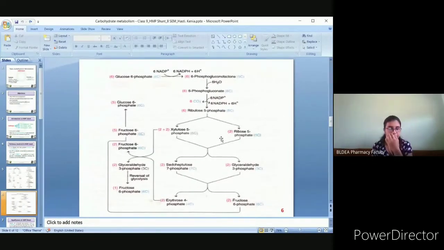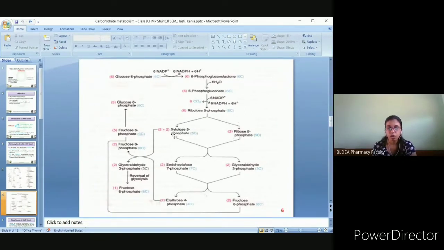I have shown it without the structures. So you can see now here, starting 6 glucose phosphate molecules are utilized, that is converted into 6 molecules of 6-phosphogluconolactone, and similarly up to ribulose 5-phosphate. All the six molecules are retained. Now here ribulose phosphate undergoes splitting into 2 molecules of ribose 5-phosphate and 4 molecules of xylulose, because xylulose undergoes reaction twice, one with erythrose and one with ribose. Hence 4 molecules of xylulose are synthesized and 2 molecules of ribose are synthesized.